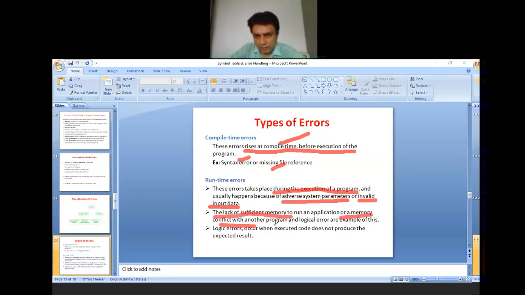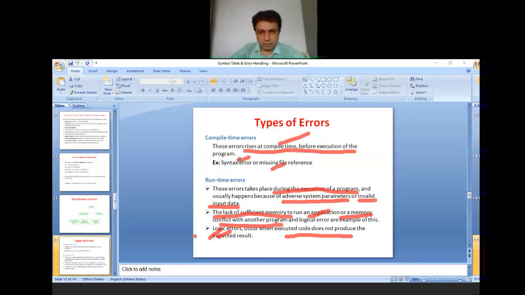Logical errors are also examples of runtime errors. This is a very popular form of error. Logical errors occur when executed code does not produce the expected result.